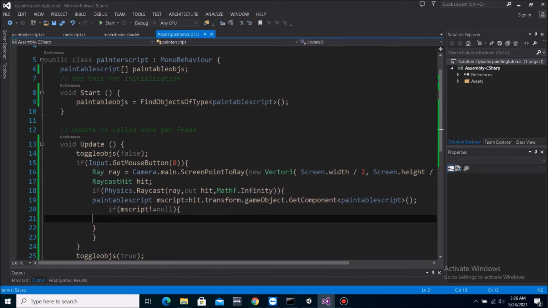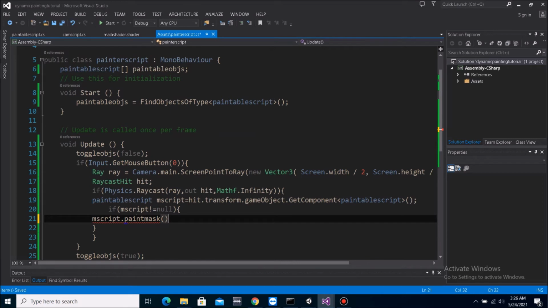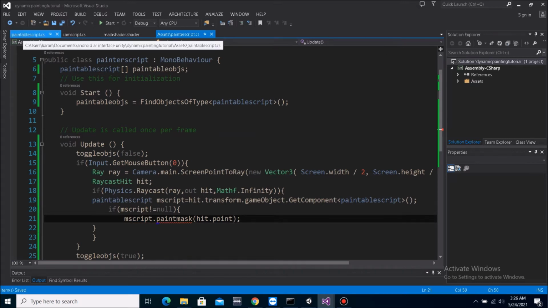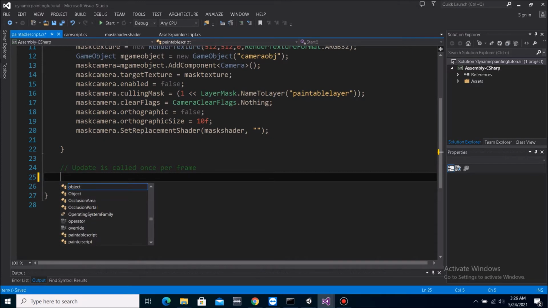Well, we call a function mscript dot, let's call the function paint mask. We haven't made that function yet, and then we pass it hit dot point because we want to know where we hit on the object. So let's go to the paintable script, and let's first disable the whole update, and then we do